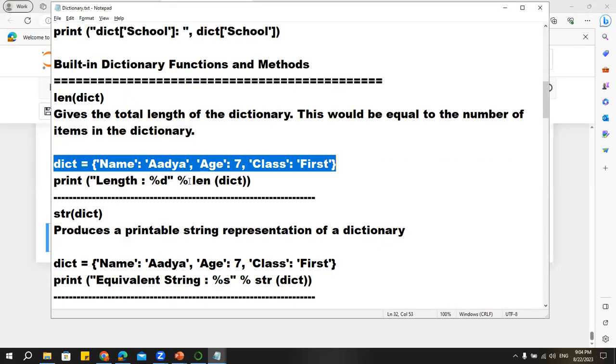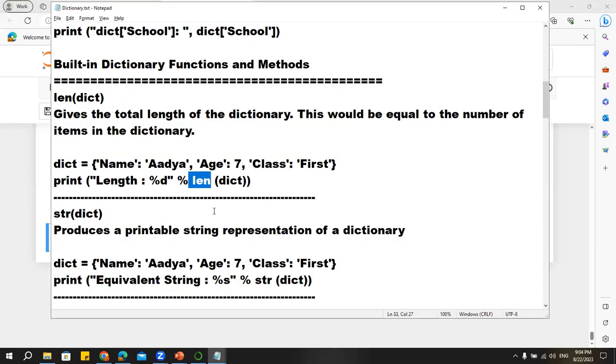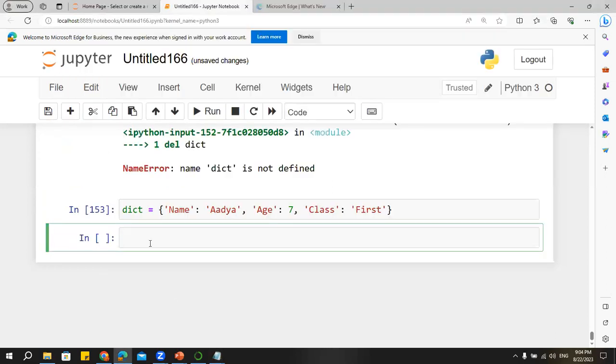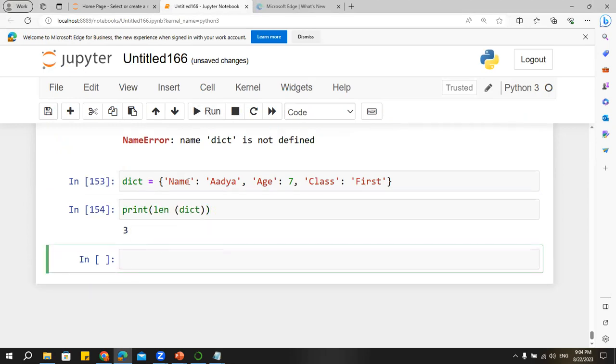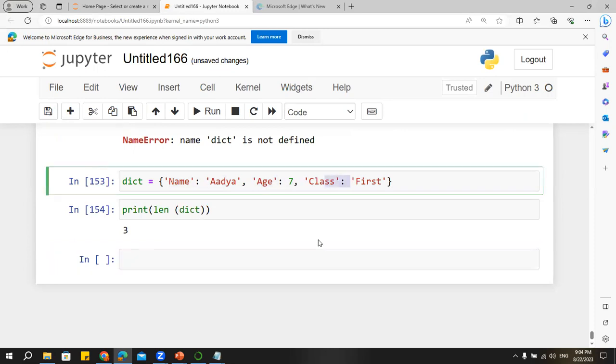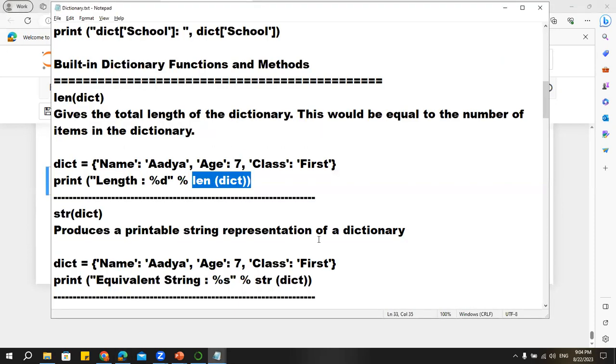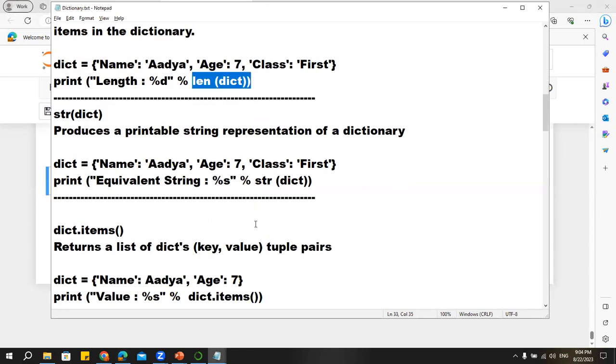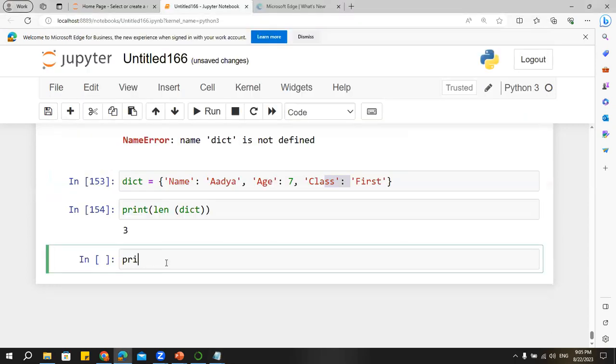Now we have something called as len. Len is available in all the data types. Let me print this len. Print len of dictionary. Run this. See, I have 3 elements here, 1, 2, and 3. I want the printable string representation of the dictionary. Just say str and give the dictionary name. Print. See,